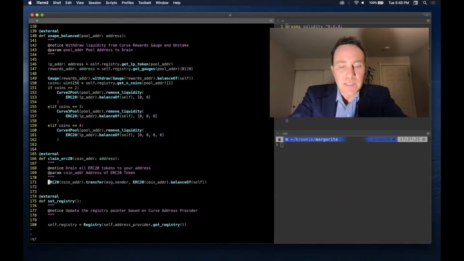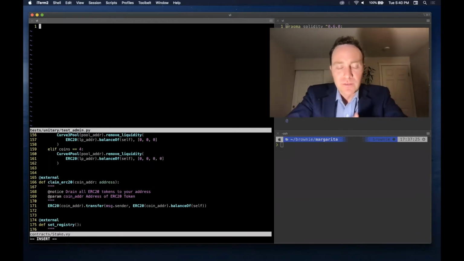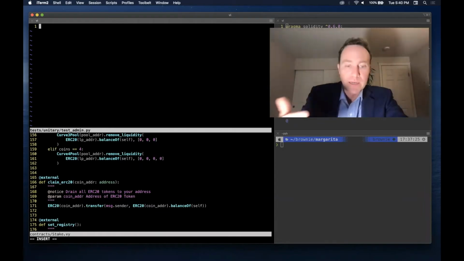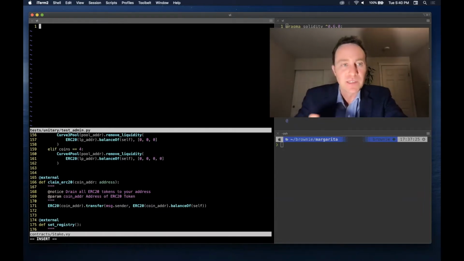Before we fix this exploit, we're going to show one testing best practice, which is you want to write your test to fail and then rewrite your contract and then write it to succeed. This way you can have confidence that your tests are actually working as intended. So I'm going to first write the test